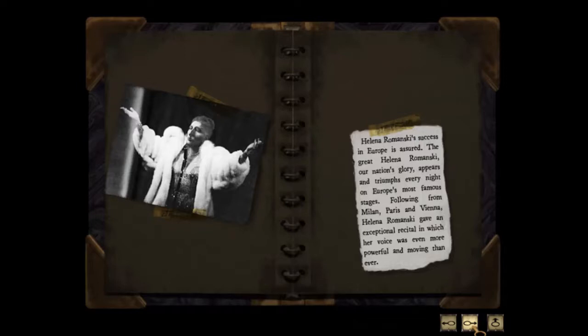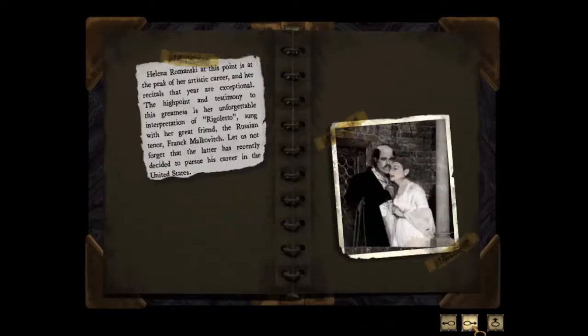Helena Romanski's success in Europe is assured. The great Helena Romanski, our nation's glory, appears and triumphs every night on Europe's most famous stages. Following from Milan, Paris, Vienna, Helena Romanski gave an exceptional recital in which her voice was even more powerful and moving than ever. Helena Romanski at this point is at the peak of her artistic career, and her recitals that year are exceptional. The high point and testimony to this greatness is her unforgettable interpretation of Rigoletto, sung with her great friend the Russian tenor Frank Malkovich. Let us not forget that the latter has recently decided to pursue his career in the